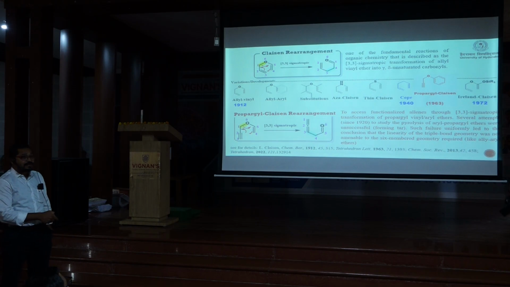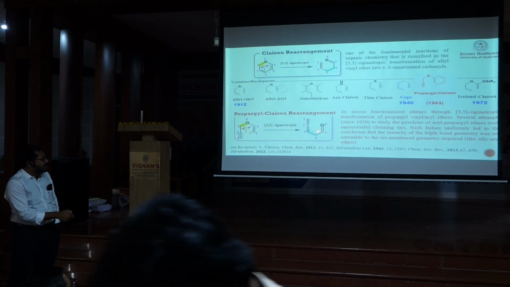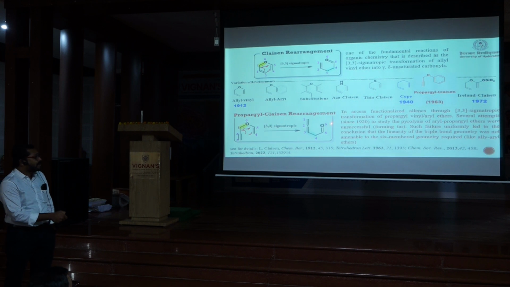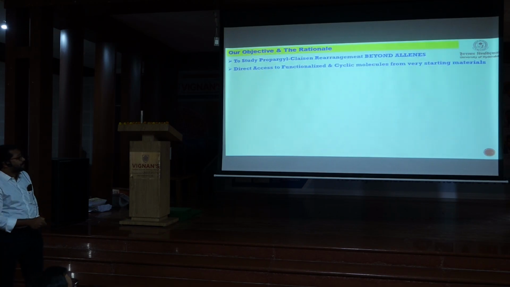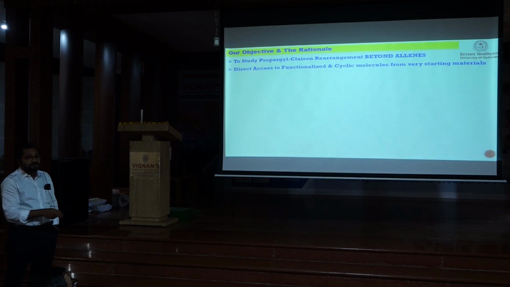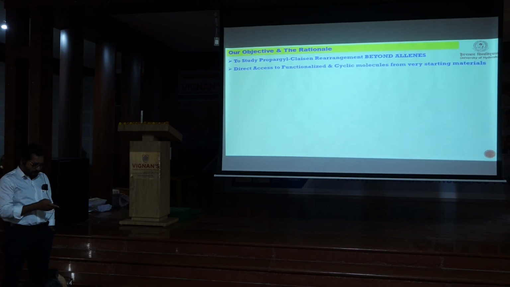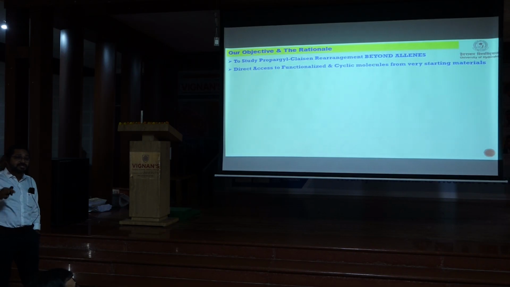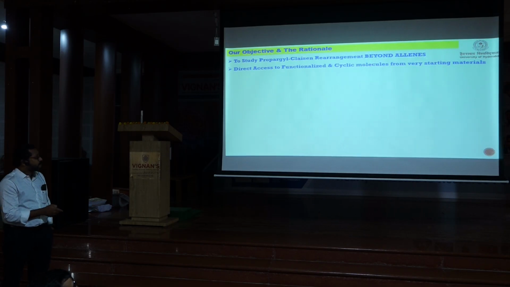Interestingly, we know that allenes are highly reactive intermediates. You have two types of hybridization, sp and sp2, and then you also have a carbonyl compound. Therefore, one can study beyond propargyl-Claisen rearrangement by performing some additional cyclization reactions as shown here. So our idea is to study the propargyl-Claisen rearrangement beyond allenes, and as a result get direct access to cyclized products, and at the same time we don't want to start from the propargyl ethers; we wanted to make the propargyl ethers in situ and thus lead to the cyclization products.